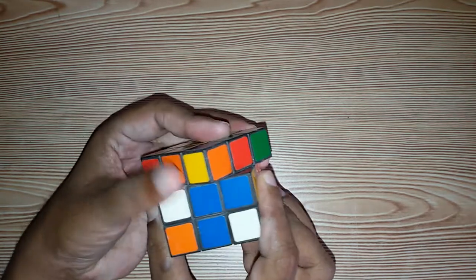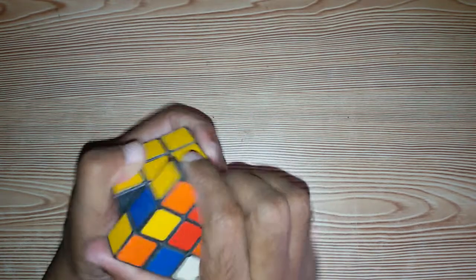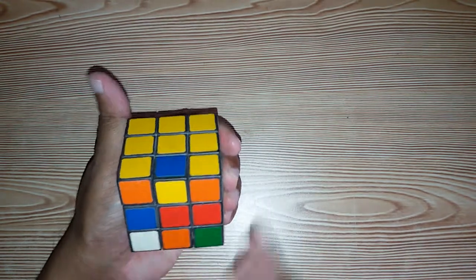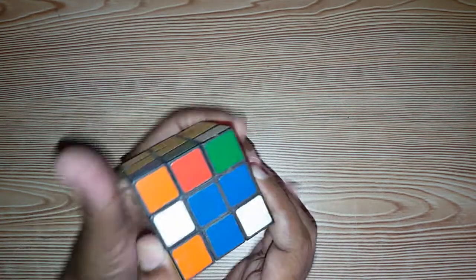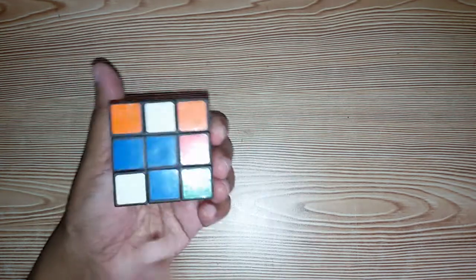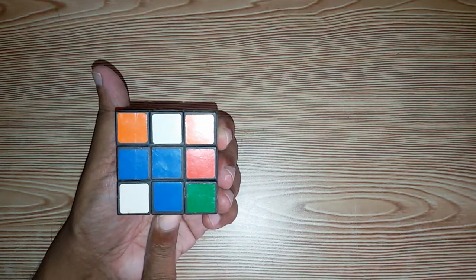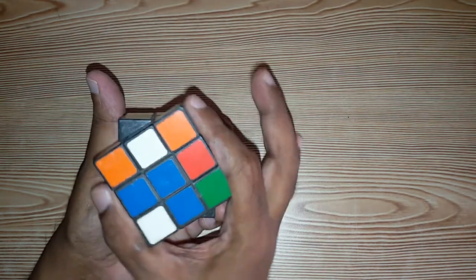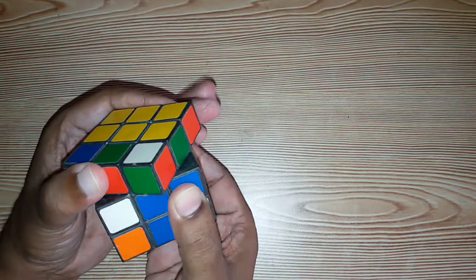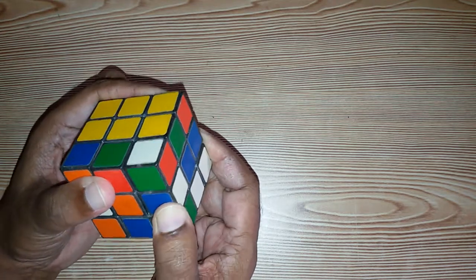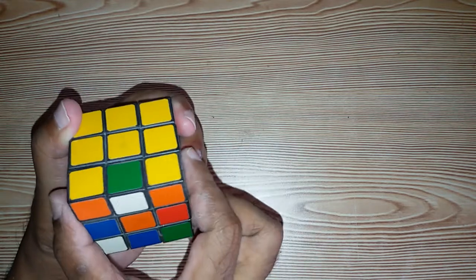See, it is upside down. So what we will do, it was below, no? This we have to bring over here. So first I'll shift it. Turn the front one, then the middle on the far side, and restore this.